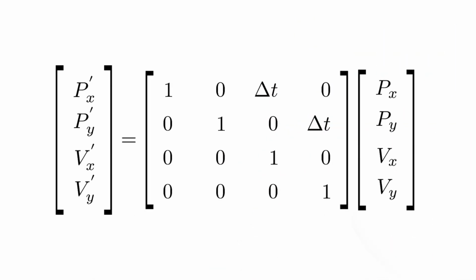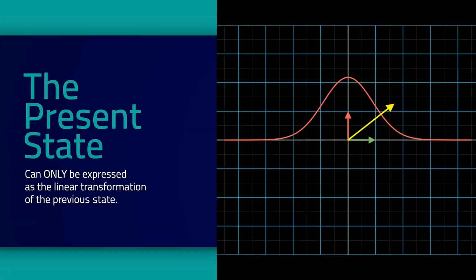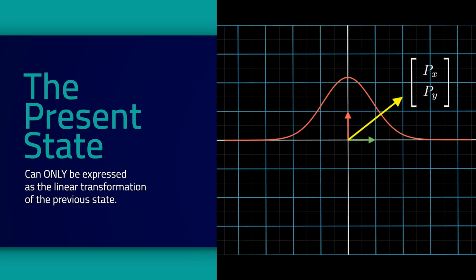What do I mean? As we saw previously, although the Kalman filter is a great filter, it has the linear assumption. And the linear assumption is expressed in two ways. The first is the F matrix, the matrix that transfers us from the current state to the next state. This matrix represents a linear transformation between the two states. What does this mean? That the present state can be expressed only, and this is important, as a linear transformation of the previous state.